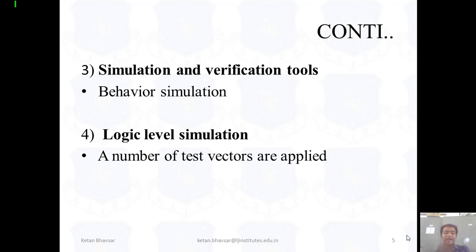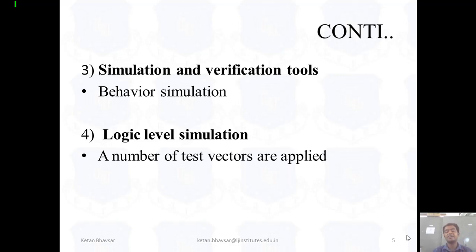Now we're talking about verification. We also apply the test bench concept. I hope a number of students know what a test bench is. With a test bench, you do not need to apply input values from the user side. You write the code, and the system generates a timing cycle.